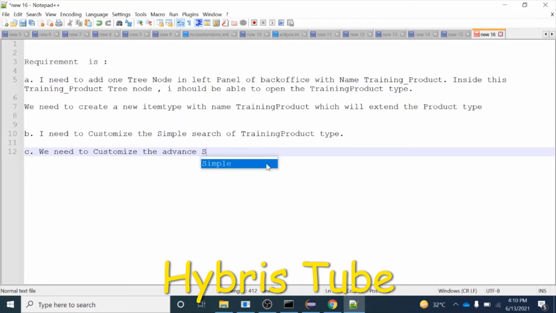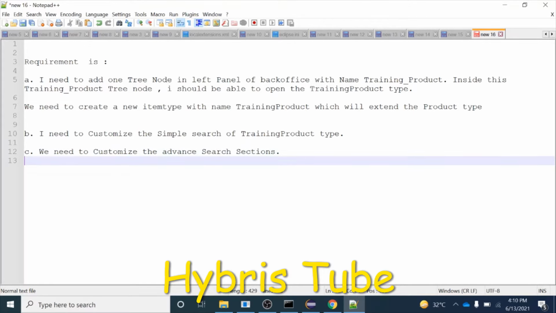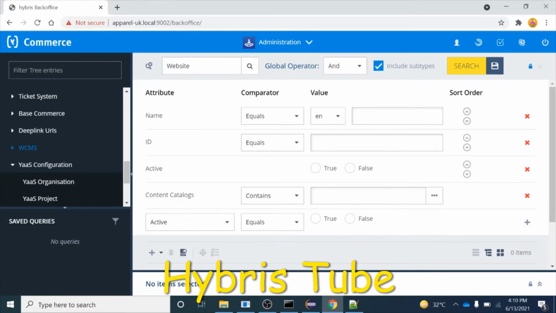There I will add multiple fields through which we can do the searching, and for some fields I will set this as equals. For some fields, you can see we do have contains, so we will learn how we can configure this. If I want this id to be auto populated as contains, how we can do that, so we are going to learn all these things.